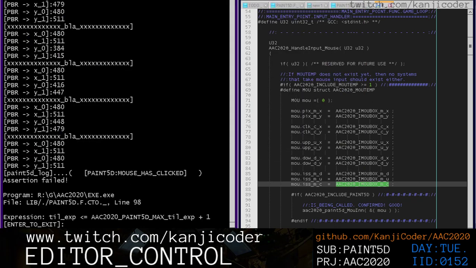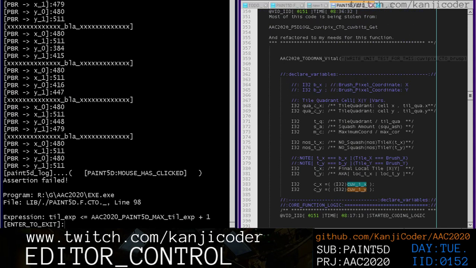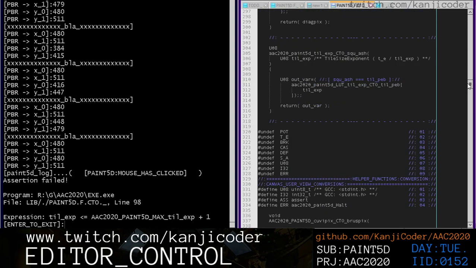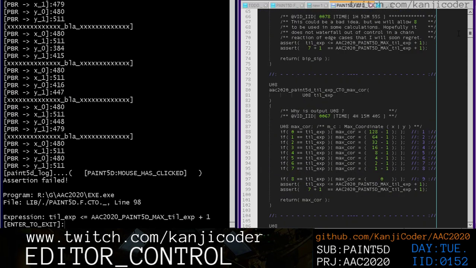Line 98 and the C2 stuff. Okay, let's go look at that. So in line 98, we're going to go to line 98 here. And if we ever get something that fails us,